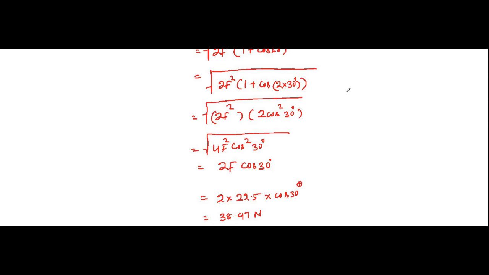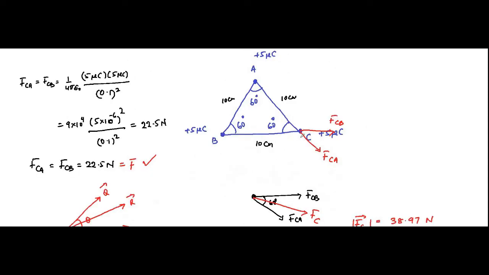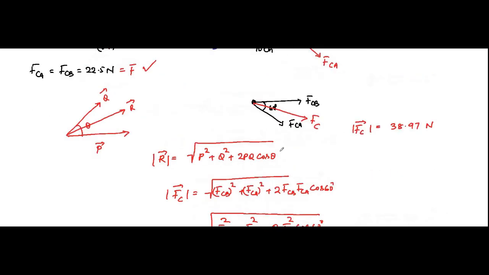This is the resultant force acting on C. The resultant force magnitude acting on C is 38.97 Newton. So here again, basic application of Coulomb's law and some basic conceptual understanding of vector algebra,